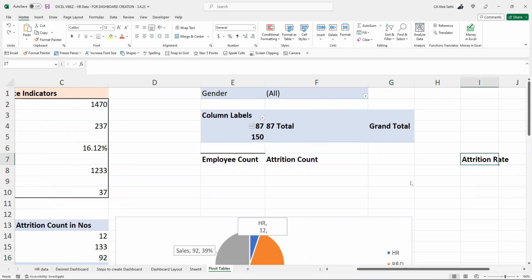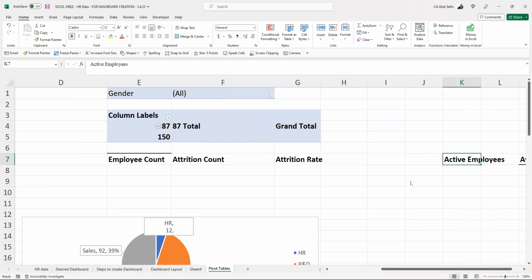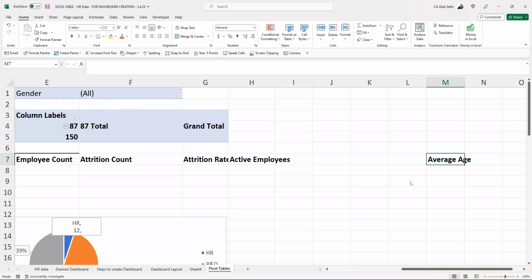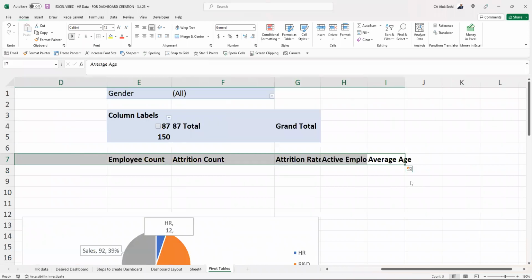Okay, so what we are doing is basically we are putting them together so that we can copy and paste it in the dashboard title. So today I'm going to design the dashboard also along with the calculations. So the ultimate objective is to create the dashboard only, right? So what I have done is I have put them all together. Now I can copy it